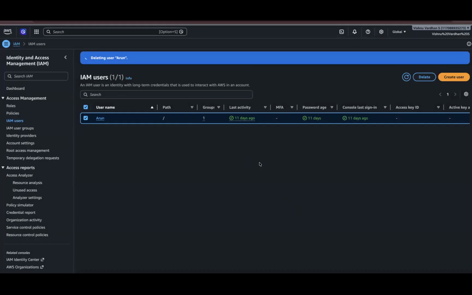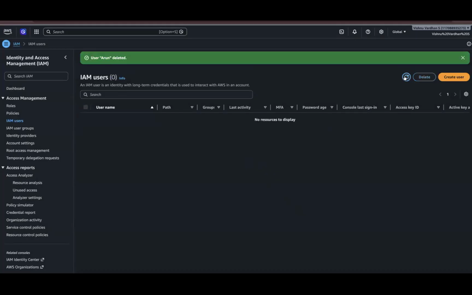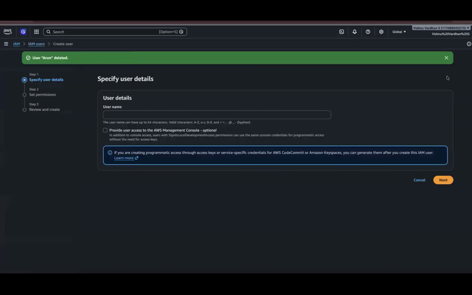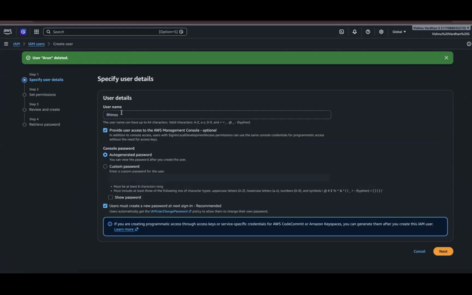So when you do it for the first time, it is blank for you guys. So you have to click on create user. Now type here the username. For example, maybe the username is Rhinos. I want to give you the console access. Let's make it network Rhinos.